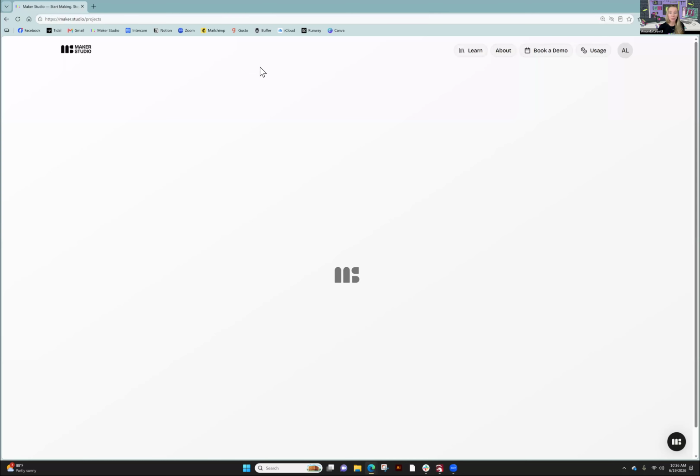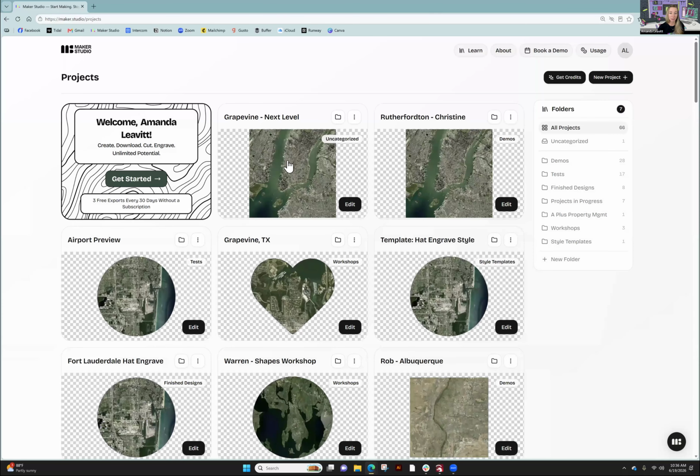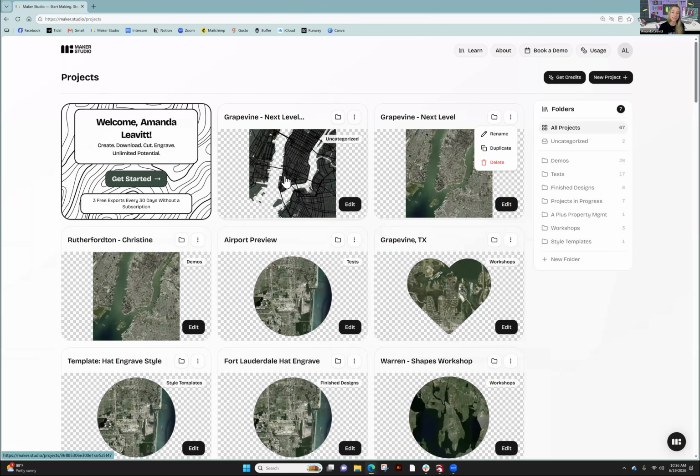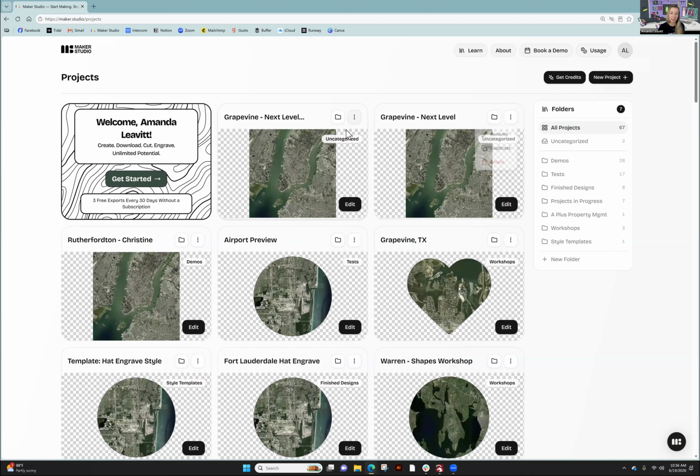All right, so I'm going to go back to my project dashboard as if this were completely new. Let's say I have my map set up perfectly the way that I want it, and I want that to kind of be my master file. You can actually see here for this one, I put template, hat engrave style. So you can use this as your baseline. You can click the three dots, you can rename it. You can click the three dots and you can duplicate this project. So all the styling, see how it just created a second one? So I can rename my second one